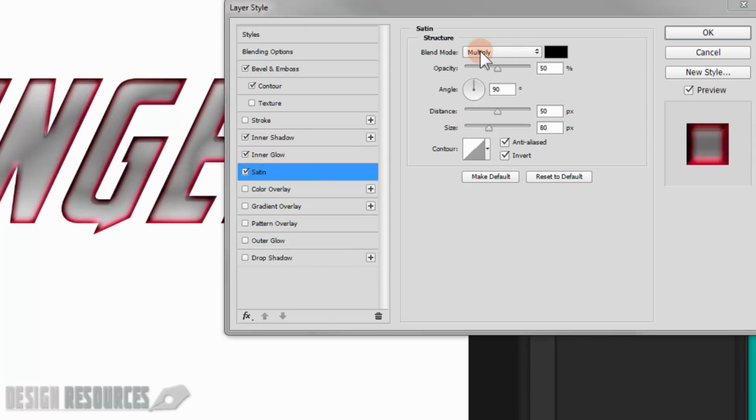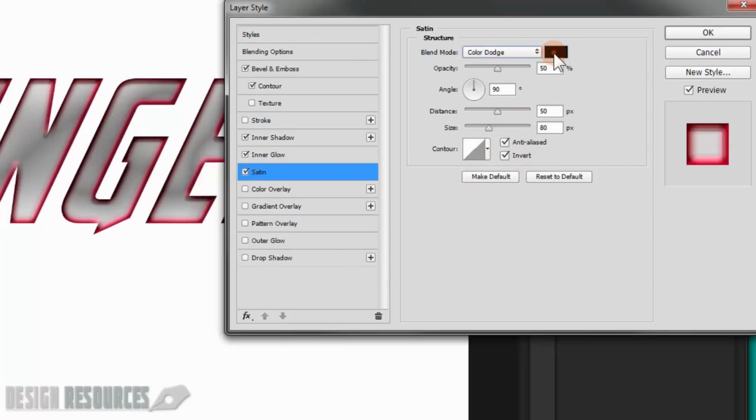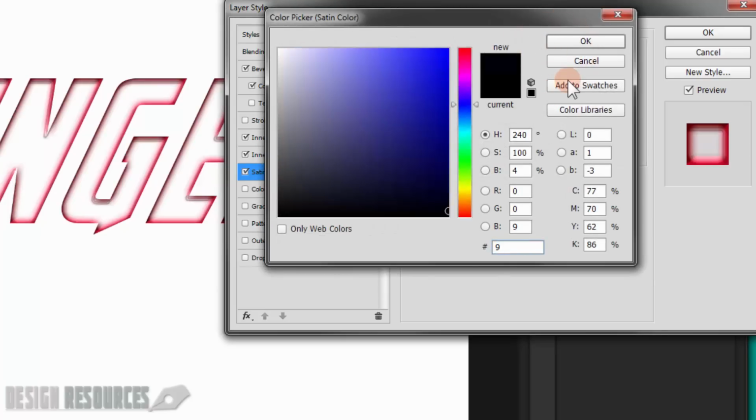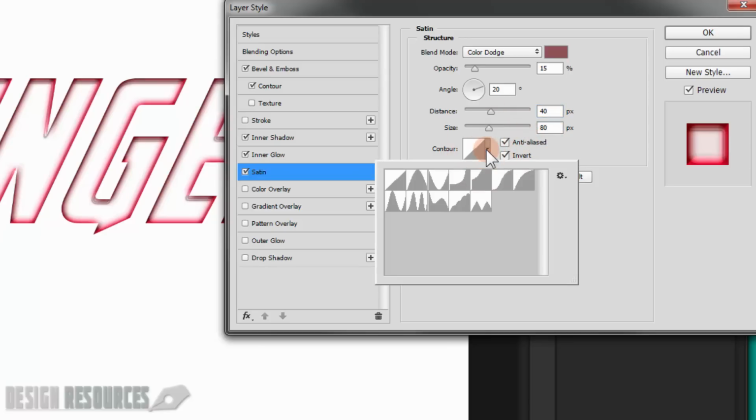and in the blending mode just change it to color dodge, and change the color to 9, 25, 155 in here, and press OK. Just reduce the opacity to 15, and the angle in here just to 20. It's hard to remember this setting. I have it typed, so just make the distance to 40 and the size 100, and in the contour change it to this one in here,